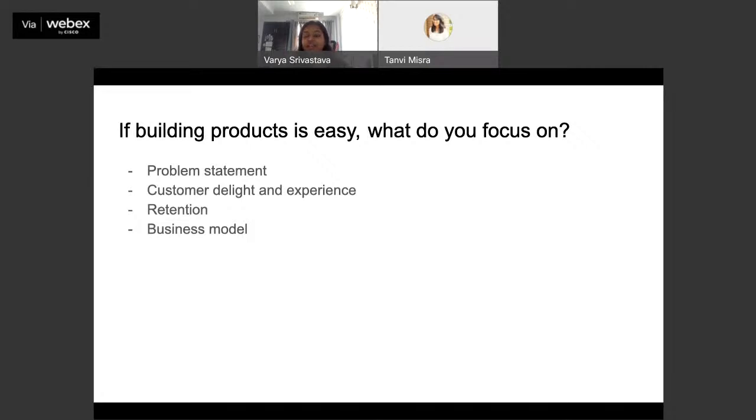And companies and entrepreneurs and product managers who get the delight aspect right are the ones who are able to retain their customers, which is the next point. So in India, there's a very interesting phenomenon that product managers often go through, which is that Indians love downloading products or apps. Think about all the apps you've downloaded on your phone or your parents' phone in the last year, and think about the apps that you actually use.